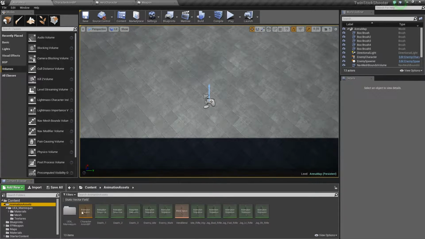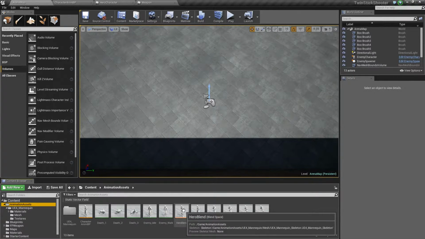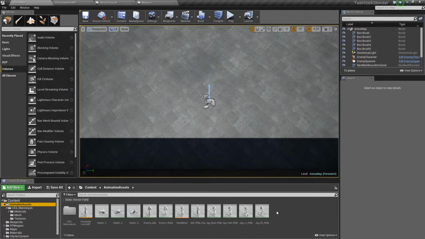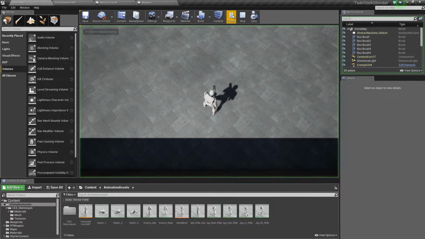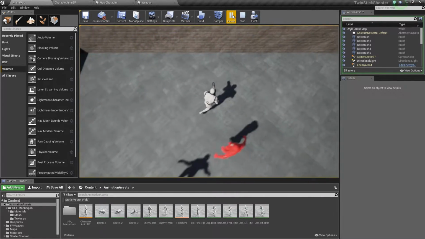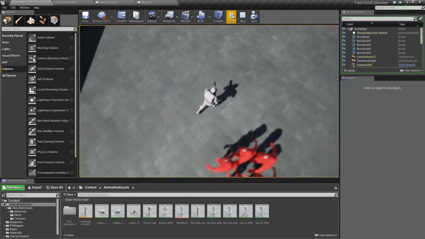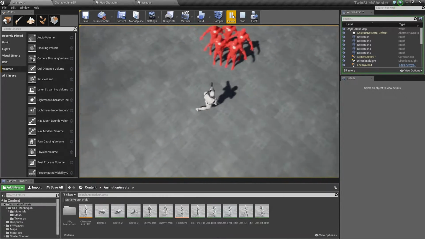So let's go over to our Animation Assets folder. And the first thing we want is to create our blend space. Now, our enemy character is always going to turn toward the player. He's always rotated such that he's basically moving forward, and we can see that here. No matter what's going on, these guys are always rotating toward the player, so we don't have to worry about